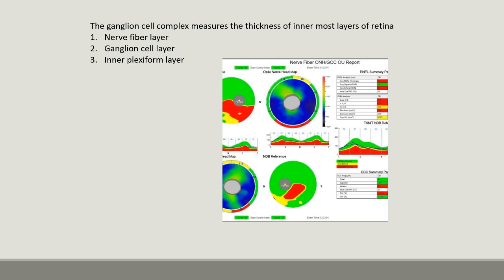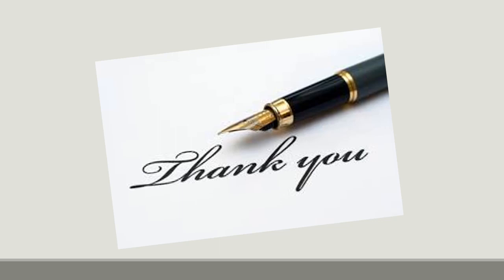Nowadays, for glaucoma, we are doing the ganglion cell complex OCT, which actually measures the thickness of these three retinal layers, which are the nerve fiber layer, ganglion cell layer, and inner plexiform layer. And depending upon the thickness or thinning of these layers, we are going to assess the glaucomatous changes in the retina. You can see here there are some maps here, and again I will be talking about it in my next presentation on OCT in glaucoma.